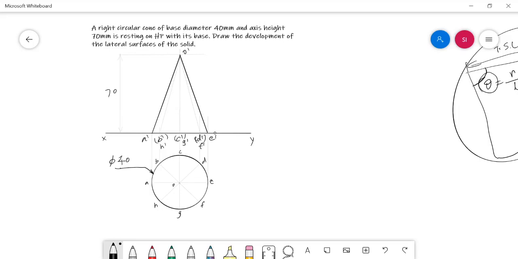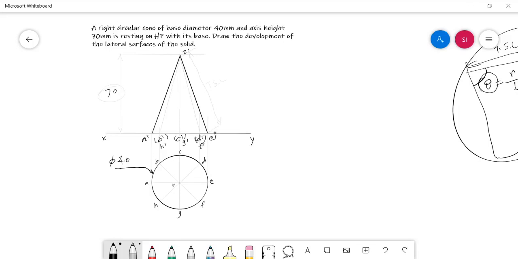We can directly measure the extreme generator length as the true slant length in any cone problem. In the case of the pyramid problem only, we need to do some additional work to find the true slant length of the edge. But here, the extreme generator length of the cone is always the true slant length, and it's always greater than the axis height.